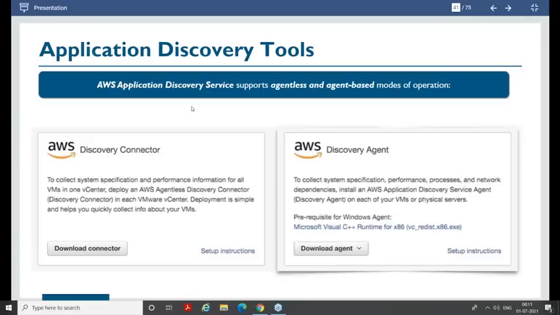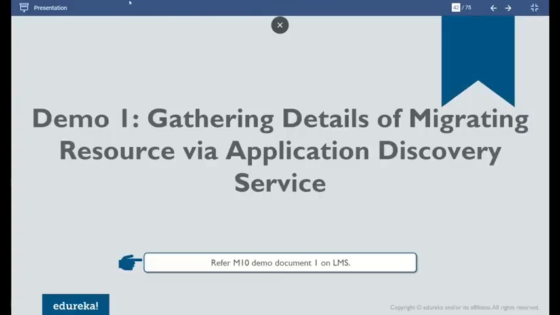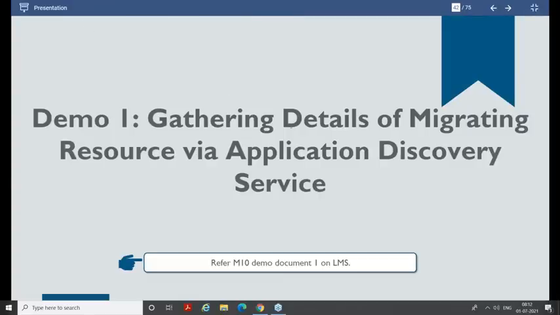Analysis is your pre-migration stage, whereas migration is during the phase of migration. I hope I'm making sense. So this discovery agent has to be run in your pre-migration stage, not during your migration, right? And the tool will be used during migration. So both are two different things. Now moving on to the next part. You have a document available. You can refer to these step-by-step screenshots.